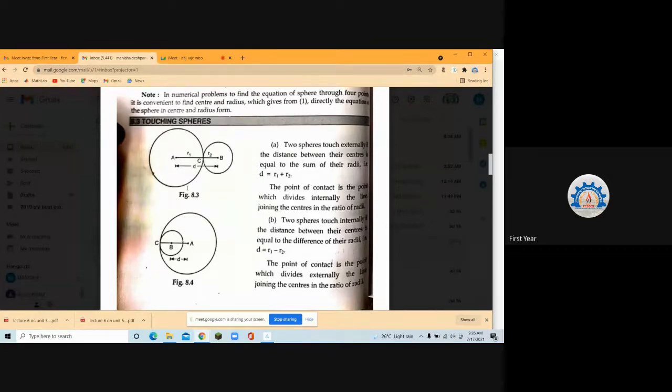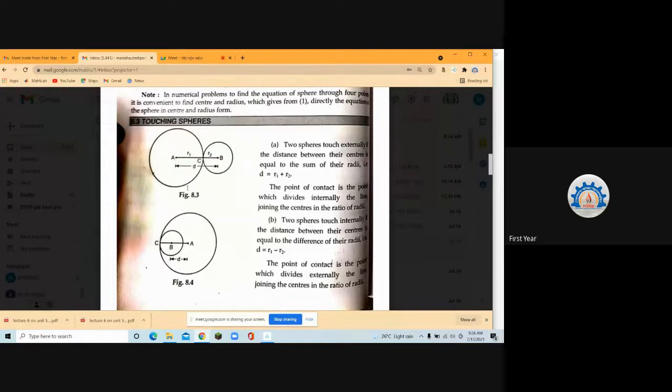Examine or identify whether the spheres below touch each other internally or externally. In this we are going to handle two things: finding the radius and center of a given sphere from the equation of the sphere. I'll give you the equations of the spheres, and then we will see whether they are touching internally or externally. Okay, so take down the spheres.